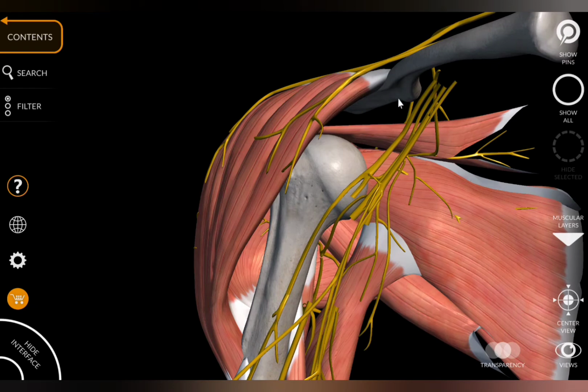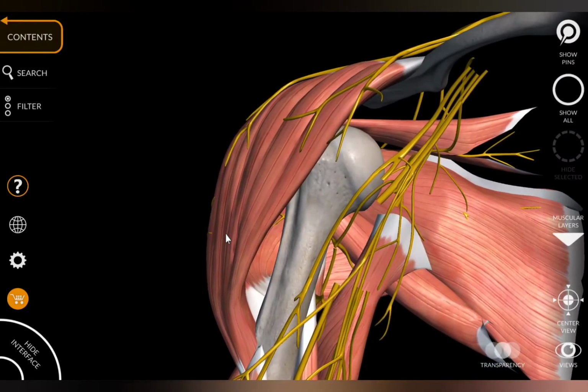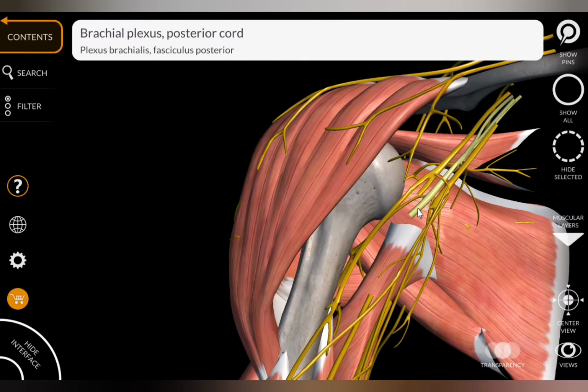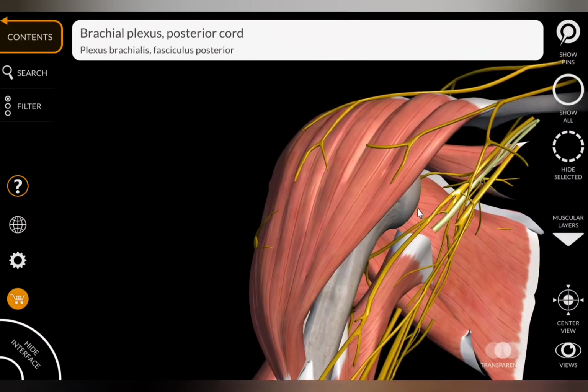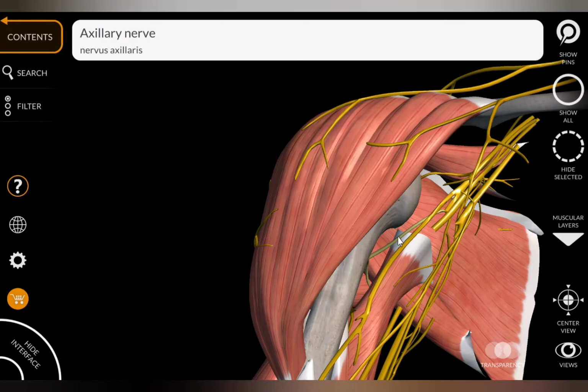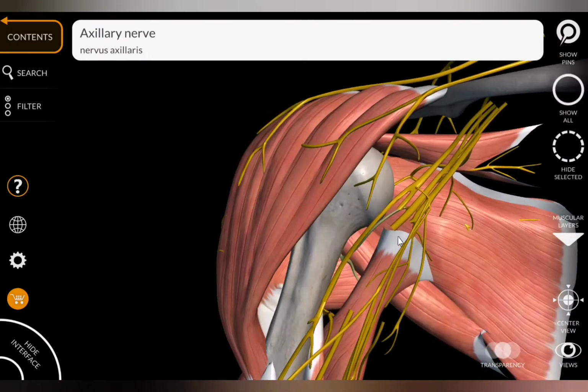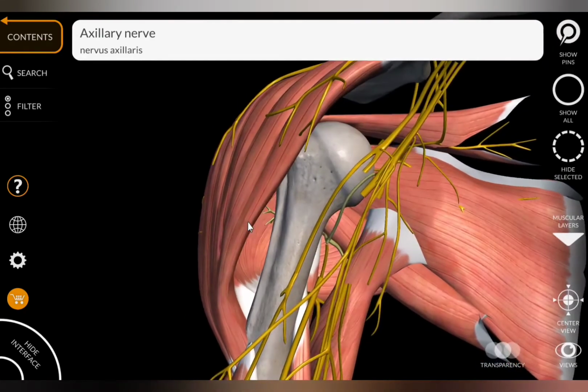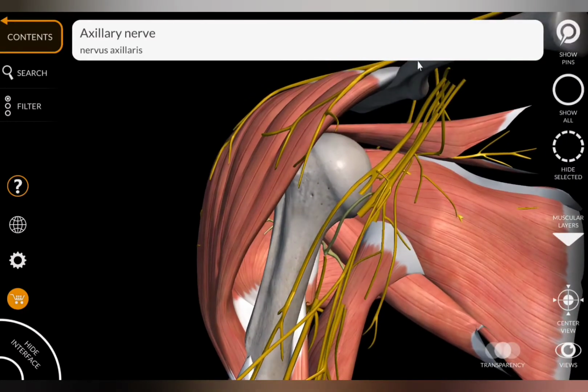The next thing we have to look into is the nerve supply. It is supplied by the axillary nerve. The root value of the axillary nerve is C5 and C6. It arises from the posterior cord of the brachial plexus. You can see here, this is the posterior cord of the brachial plexus, and this is the axillary nerve. It supplies the deltoid muscle. Where I am pointing, please do notice that. So the deltoid muscle is supplied by the axillary nerve arising from the posterior cord of the brachial plexus.